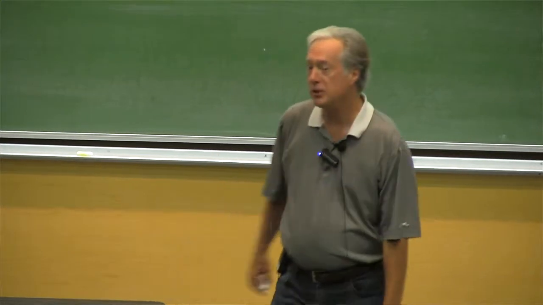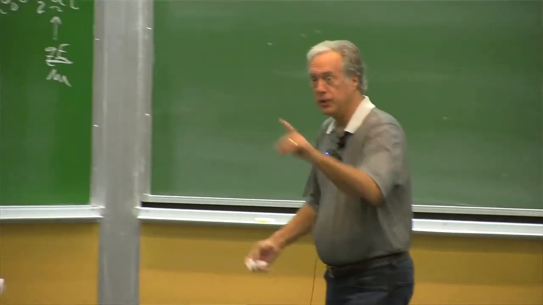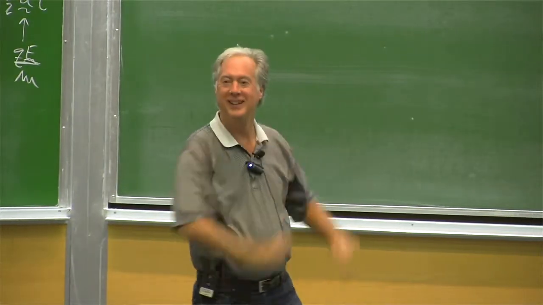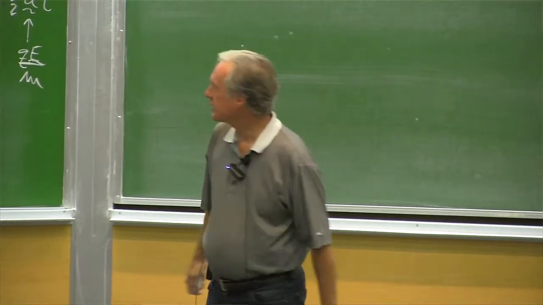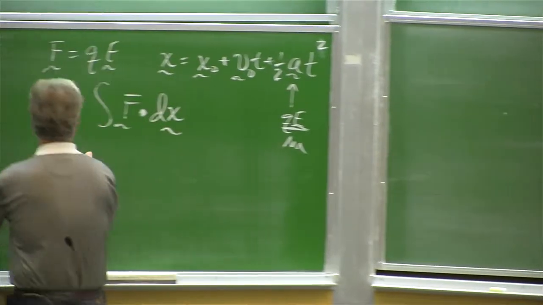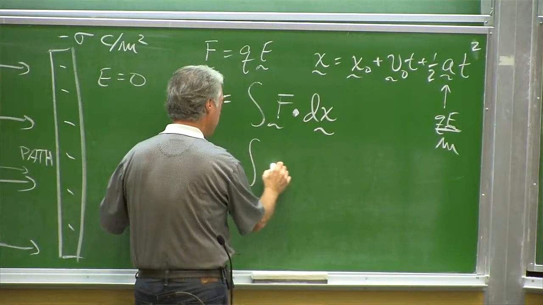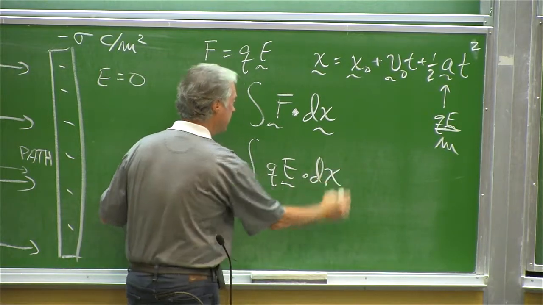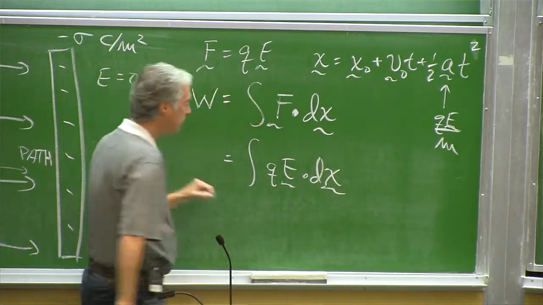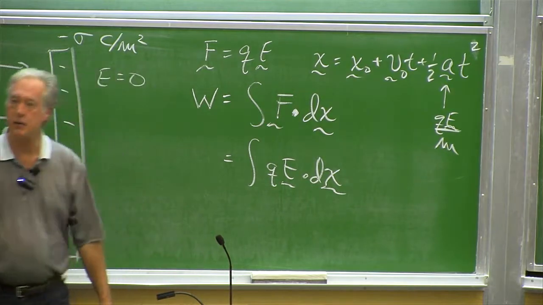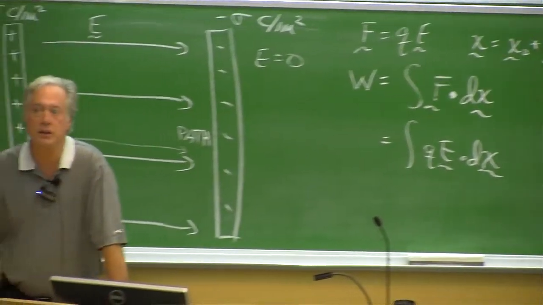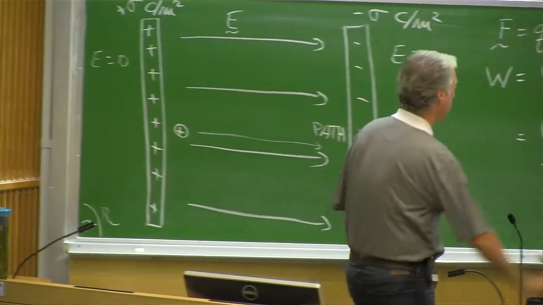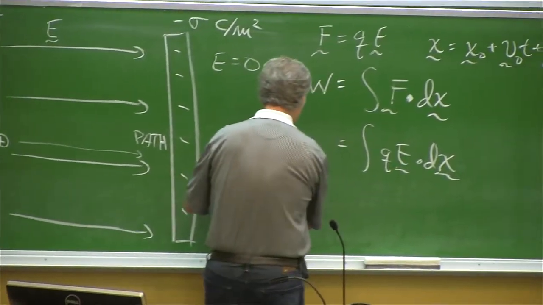That little dot needs to be in there because we showed when Nancy moved perpendicular to g that there was no work done. Okay, so this one's going to end up being the integral of Q E dot dx. Along the particular path chosen, what happens to that dot product? Let's take a look. For the path chosen,